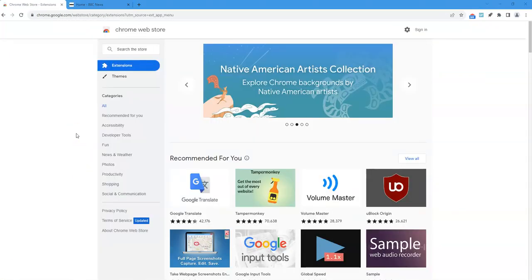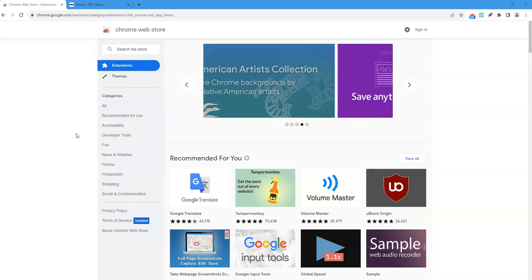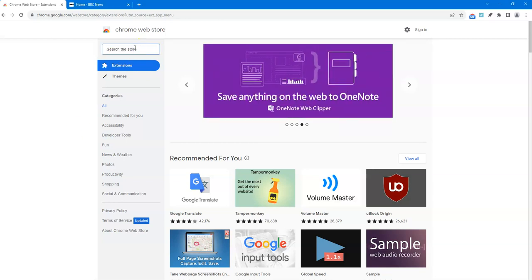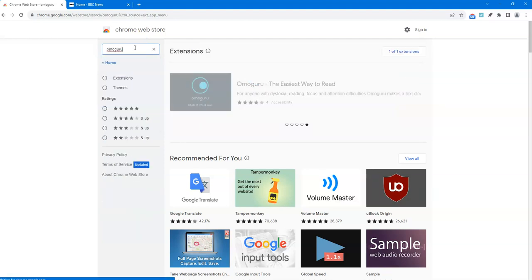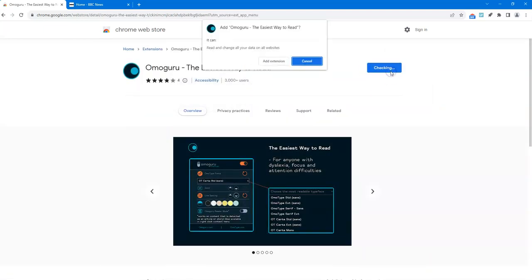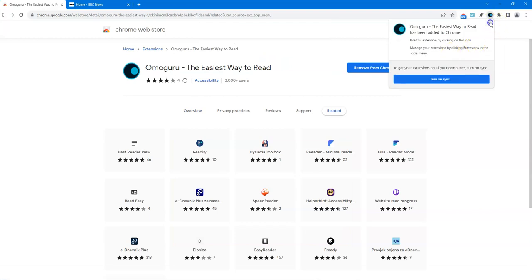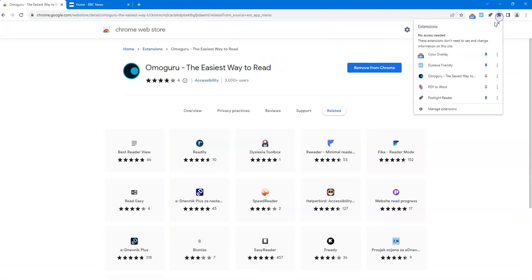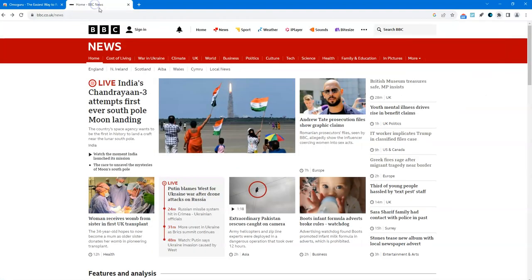Back in the extensions Chrome store, what we're going to look at now is a tool that's potentially what you would class as more of an all-rounder. So we're just going to type in Omaguru, and as usual, add the extension to Chrome. And again, through process of repetition, we will pin that so that we've got our little symbol here. What we're going to do is flip back to the BBC News channel just so you can see this working